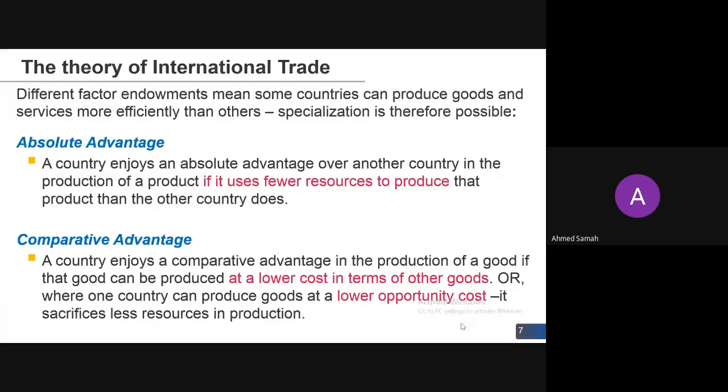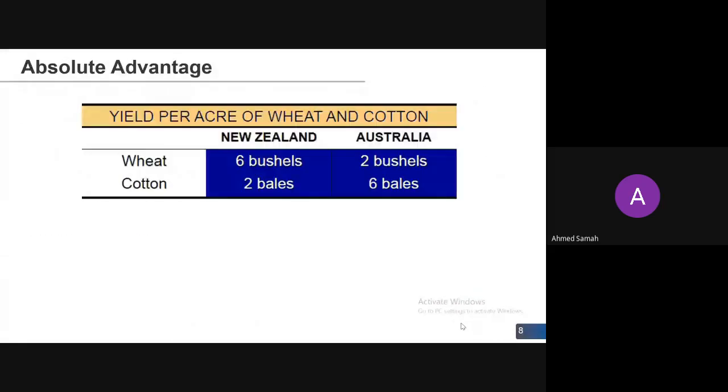But absolute advantage is when you can produce it using fewer resources compared to other goods. So those are the two key differences between these two. So specialization and comparative advantage. Let's go more into detail. So let's say here we see that